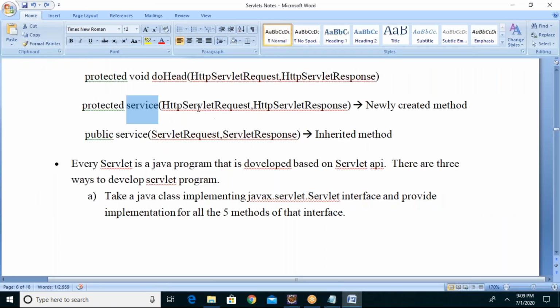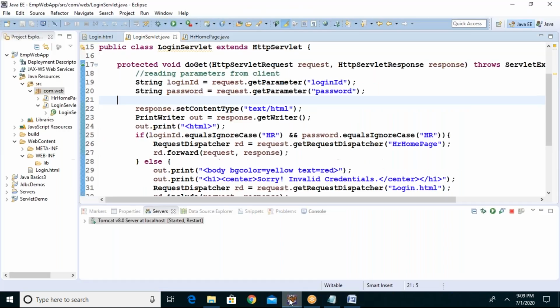In the service also, if you look at it, HTTP protocols is there. But if you look at it, this is not public, this is protected. That is the only drawback. It's protected, for child classes it's okay. There is a public service and a protected service also. No problem. Either you call service or doGet, doPost, but generally when you are using HTTP servlet, it is better practice to go with doGet or doPost. Either you are directly going to the method which is being called, or you are going to the next method which is called by service. No issue.